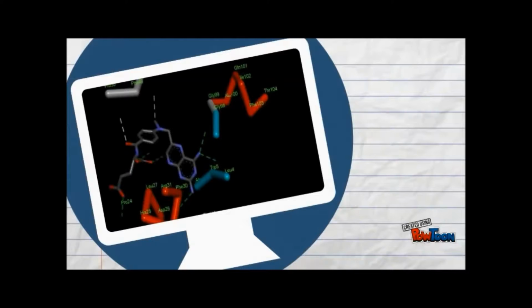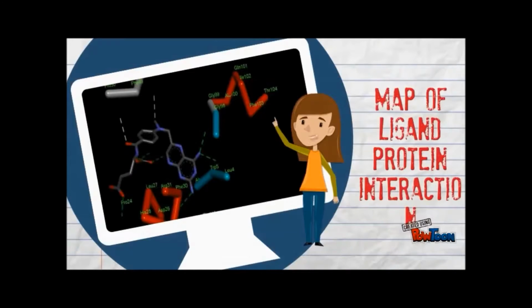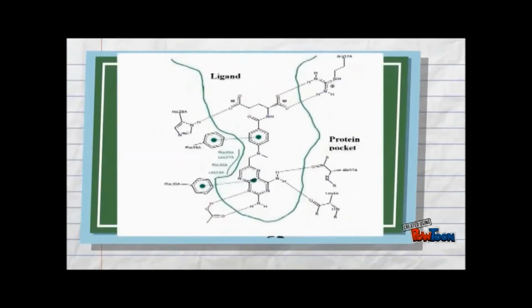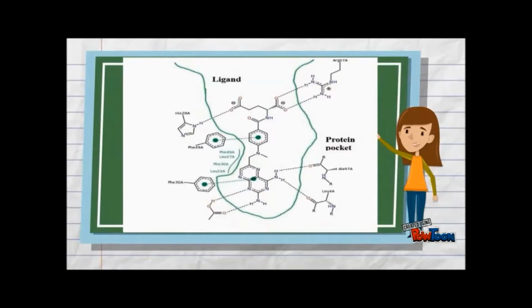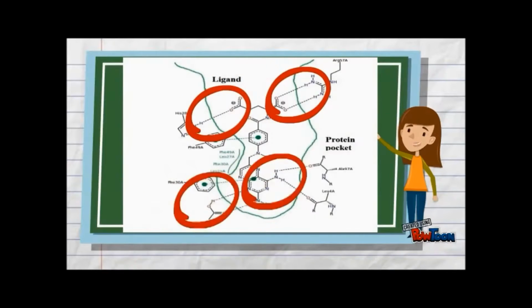Next, this is a map of ligand-protein interaction which shows the active site of the enzyme dihydrofolate reductase in complex with the inhibitor methotrexate. In more detailed structure, the ligand binds to the active site of the protein pocket mainly by hydrogen bonds, which are presented